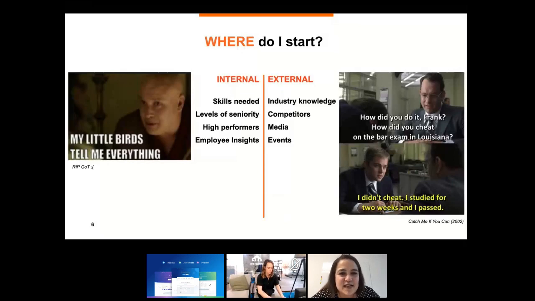How did he pose as a lawyer and manage to pass the bar exam, even though he never studied the degree? And he said, you know what, I didn't cheat. I studied for 2 weeks and I passed. So this is applicable to our role, where we really study our environment. We study what our teams are doing, and we educate ourselves, and we gain more validation and credibility with the business when we do this.